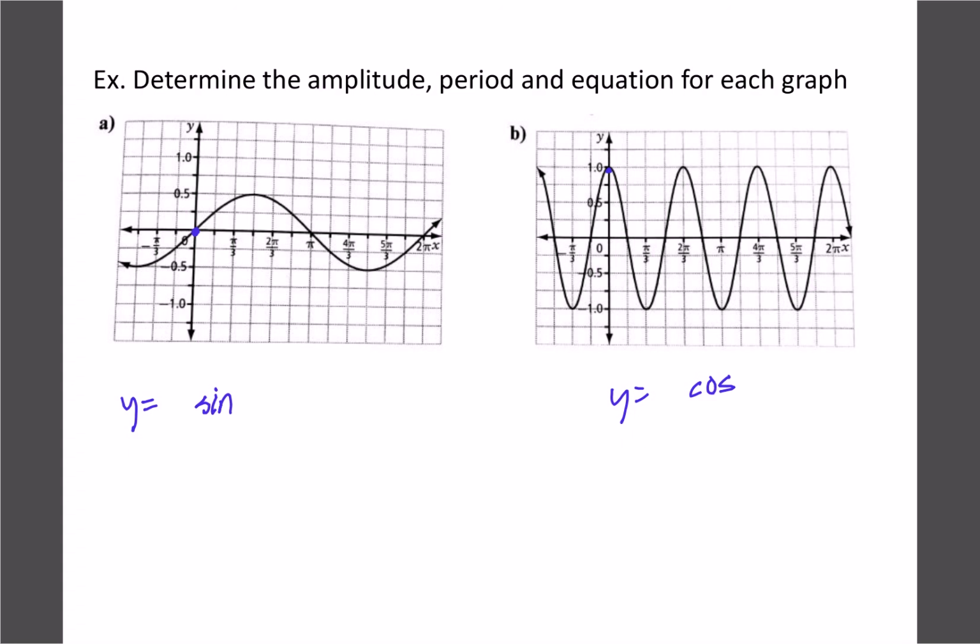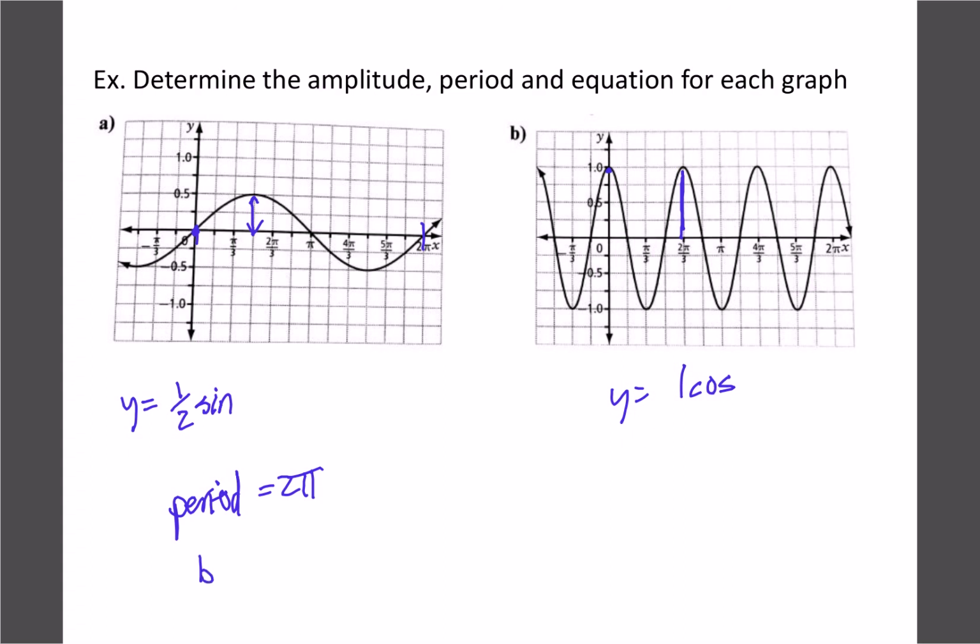Now, the next step is figure out the amplitude. Here you can see our maximum height of the graph is 1/2, or 0.5, so our amplitude would be 1/2. If we go over to this one, our height of the graph is at 1, so we just have a 1, or we don't even need that number there. And if we look at the first graph, our period is from 0 to 2 pi. So if our period is 2 pi,